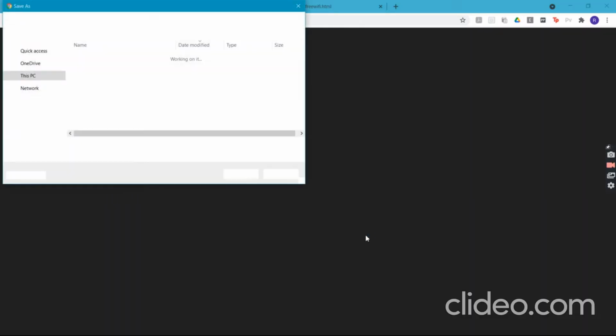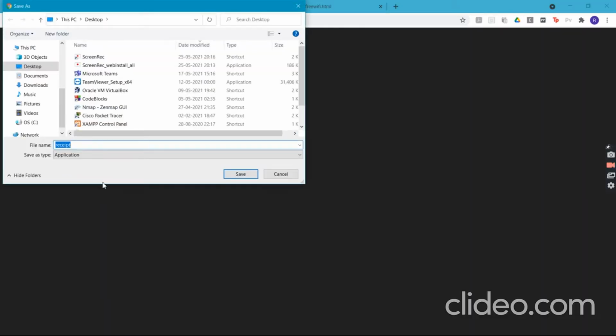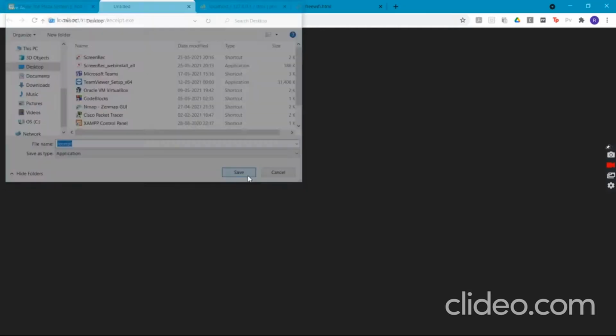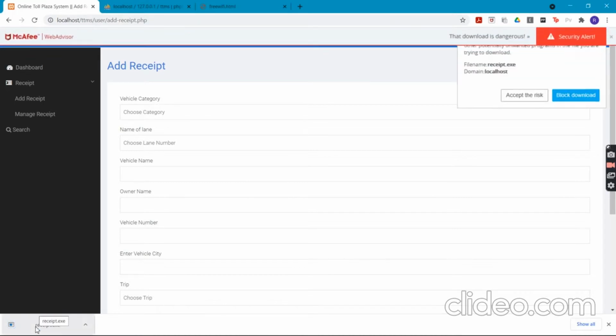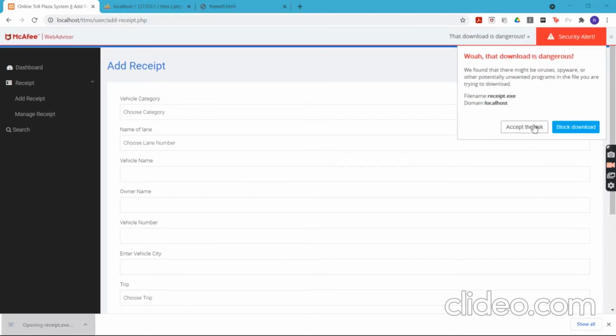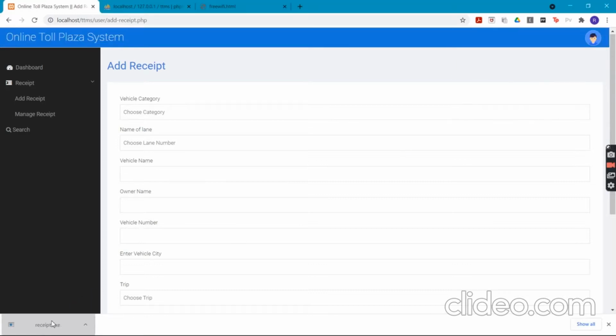What happens is that the virus payload gets saved with the name of receipt, so it won't matter much to him and he'll just save it. He'll simply click on it and try to open it. But as we know, nothing opens, as this is the virus payload that we have created. Our Kali Linux is now connected to the system. So this is one possibility.